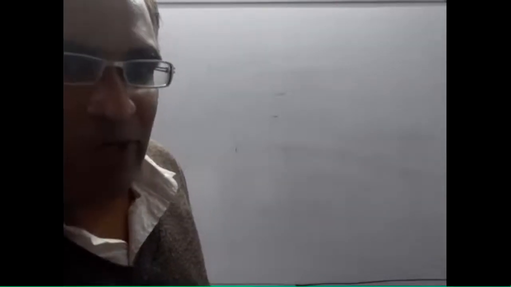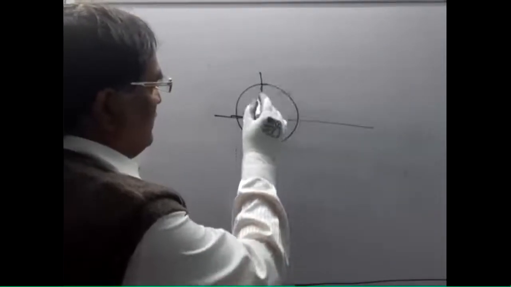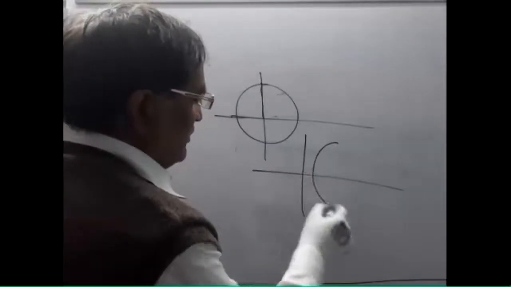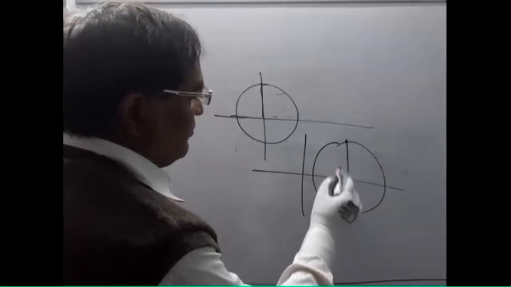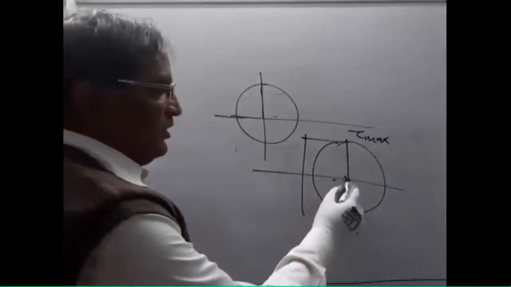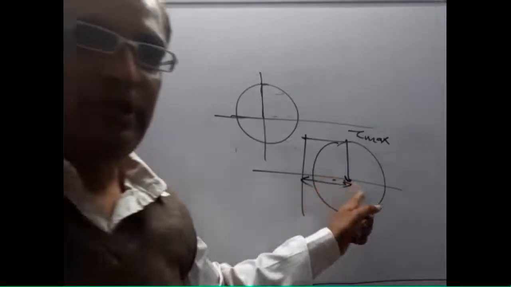When you draw the Mohr circle diagram, in that question I encountered in solid mechanics, it is possible that the circle is coinciding here. Then obviously there will be sigma and tau max here, so the corresponding normal stress will also exist here. In this case, the Mohr circle is like this.